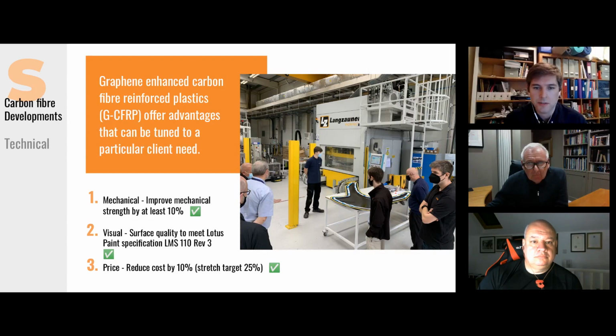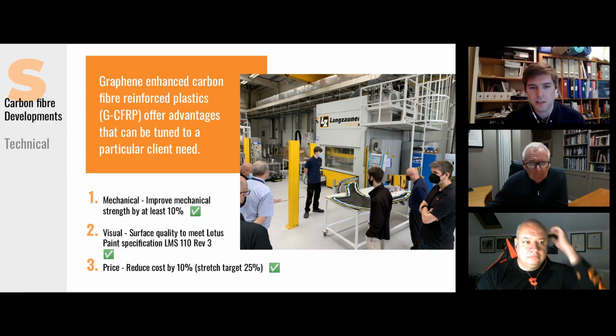And so this is a really good example where we've had three targets we've taken on: lightweighting, trying to meet Lotus's paint quality specifications, and also looking at taking out cost from the whole process. Working with partners such as the AMRC, one of the UK's catapults, we've really taken this product and demonstrated that we can meet all of these three targets. And in terms of the cost, we're now looking to further take another 15% out of that if we can.